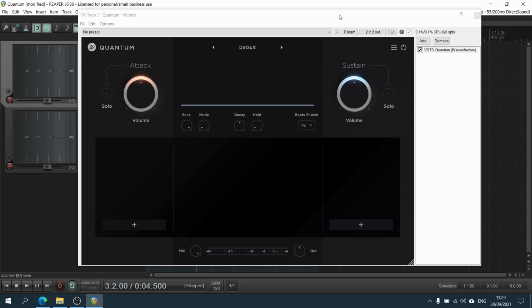This review of Quantum by Wavesfactory has got to be one of the most insane plugins out there. It can do so much stuff, it's crazy. It is advertised as a sort of transient designer, so to speak, but it's way more than that, because on